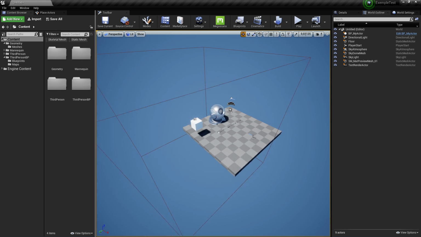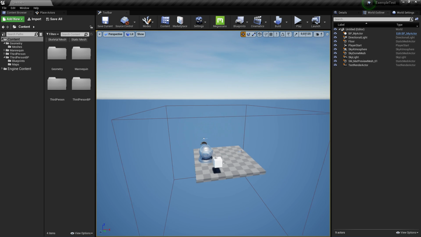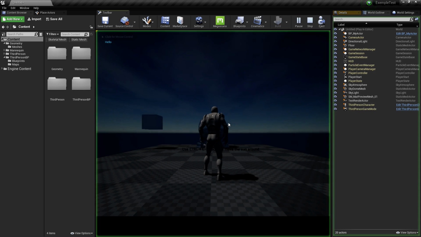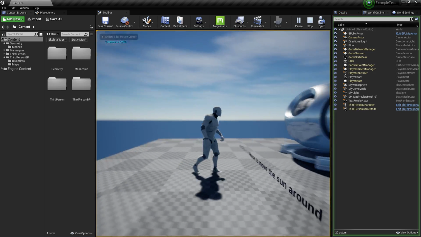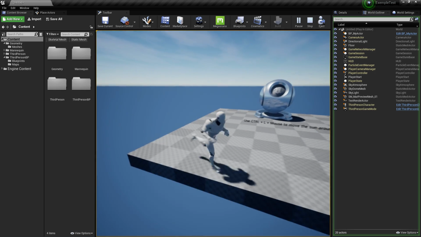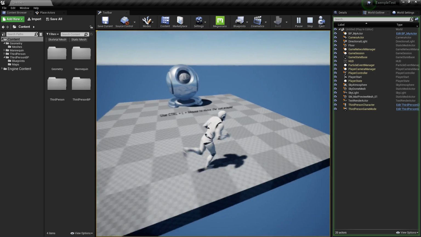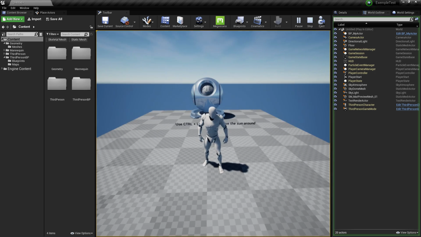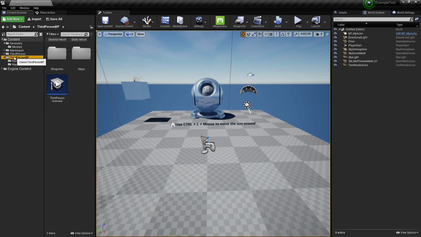Alright, so I'm going to show you how to work with widgets, or UMG, what we can also call them. Widgets are basically what information you want to share with your player. It could be a health bar, ammunition left in the magazine, a minimap, anything you want to share with your character on your screen. To create a widget, I'm just going to create a new folder, Widgets.